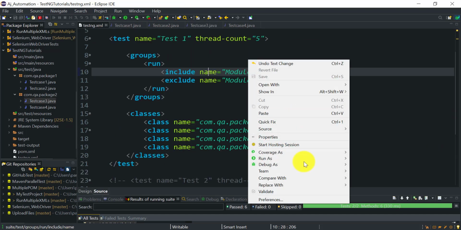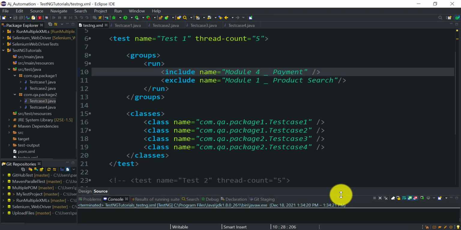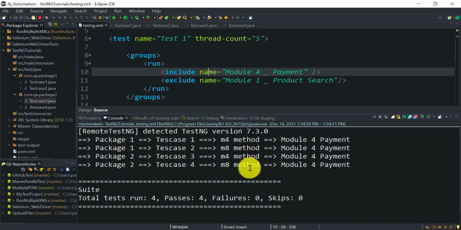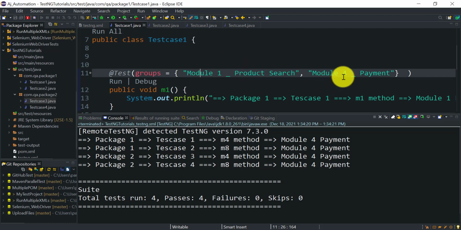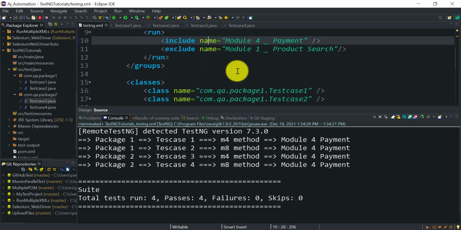So let's see if it works. So you can see in the output, TestNG did not execute the M1 method from test case 1. Even though it is a part of this module for payment group, but it did not execute it because this is a part of module 1 as well, which we have excluded in the TestNG execution using this exclude tag.